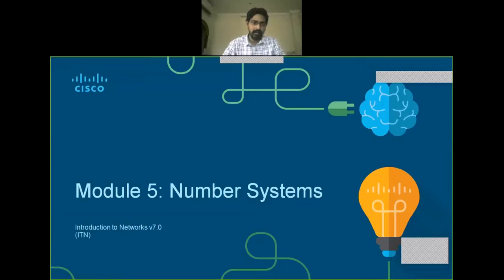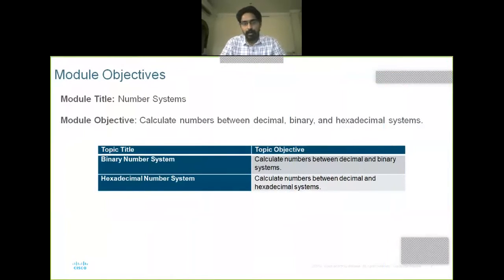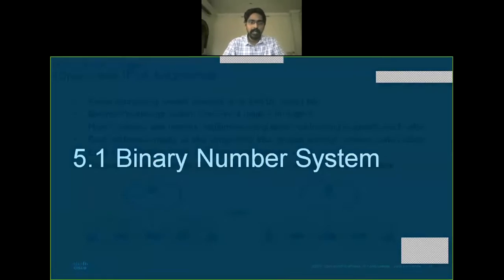So there are some systems called a number system. Using this number system, we can perform all those operations. In this number system, we mainly have two important number systems. The first one is the binary number system, and the second one is the hexadecimal number system. Binary indicates 0 or 1, right? And hexa indicates 16. Okay, first we'll go with the binary number system.